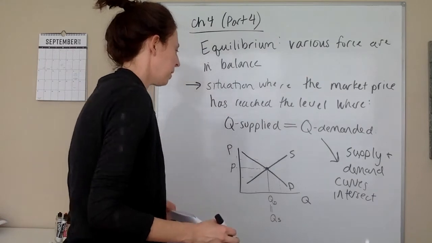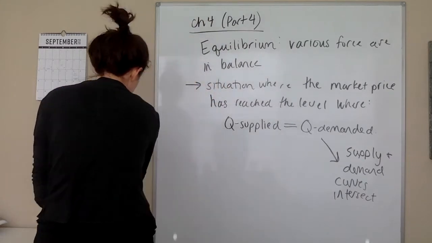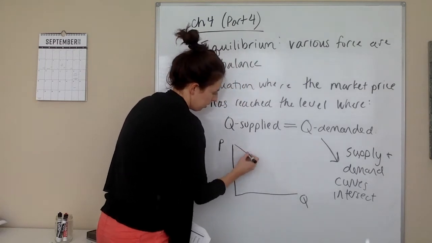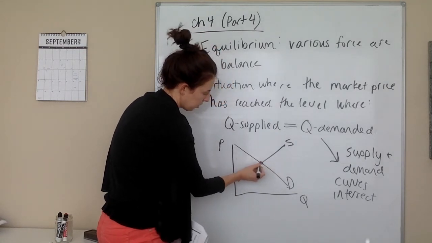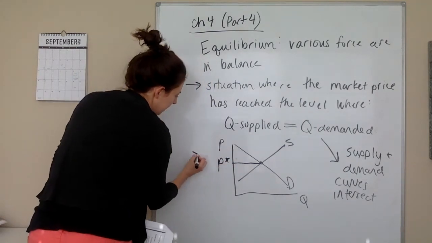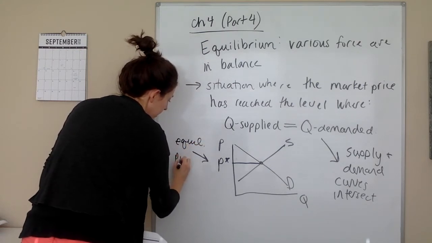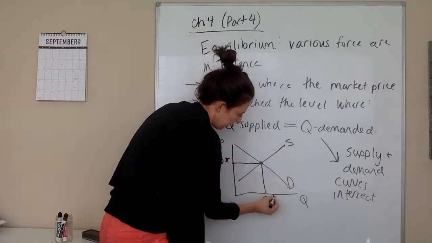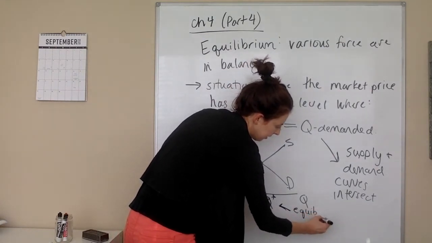Just to make sure this is abundantly clear, I'll draw this one more time since this graph is getting kind of scratchy with all my notes. Okay, when we have that situation, so we have the demand and the supply crossing each other, that's going to correspond to a particular price. This particular price is going to be labeled the equilibrium price in the market, and this is going to correspond to a particular quantity. This is going to be labeled the equilibrium quantity in